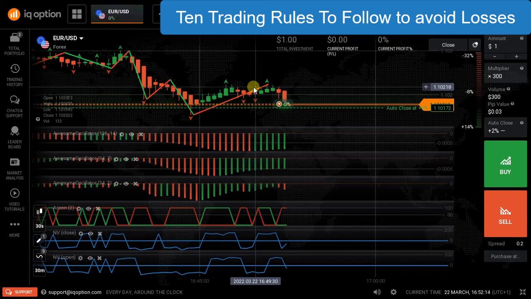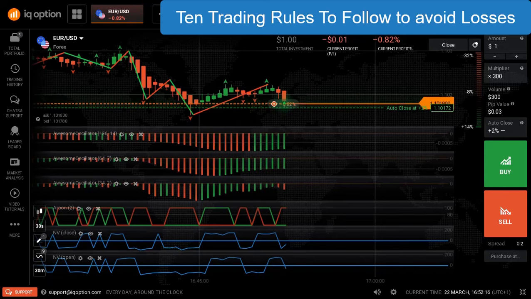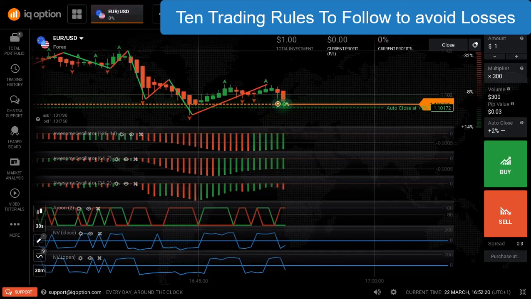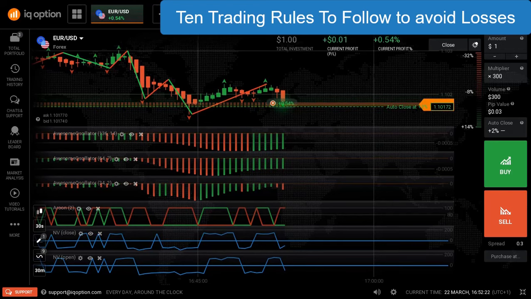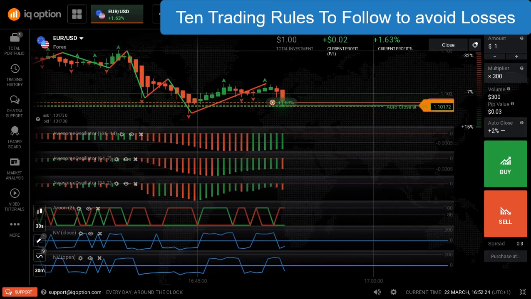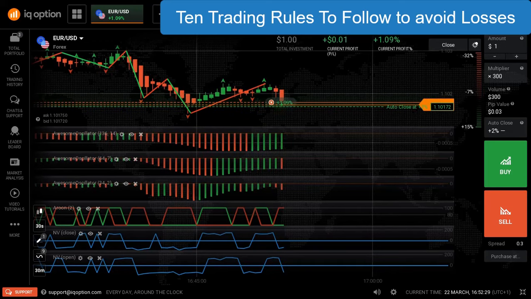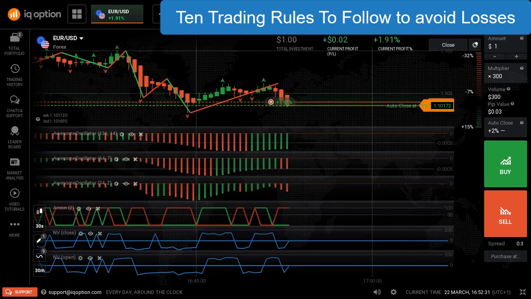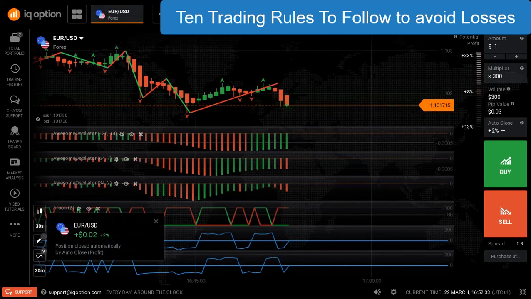Okay guys, today I'm going to be giving out some trading rules that you're going to be following to enter trends and also to bid. I've made a list of around 10 major points that you have to consider before